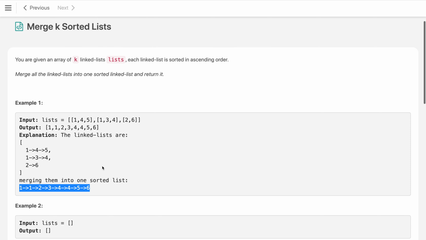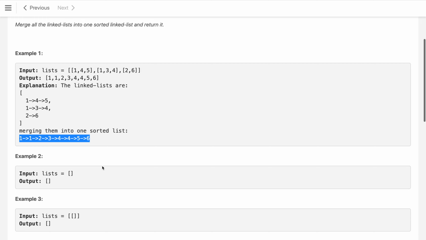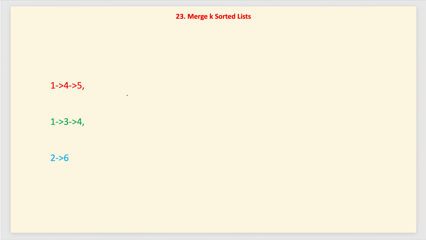So how can we solve this problem? So there are various ways. If you are not getting any idea, at least we can solve this with a naive, brute force approach. What we can do, we can just use any list data structure in your programming language. Like in Java we can use ArrayList, or in Python just a normal list. So we can use them and first store all of the integer values in that.